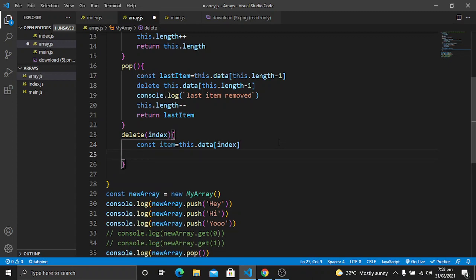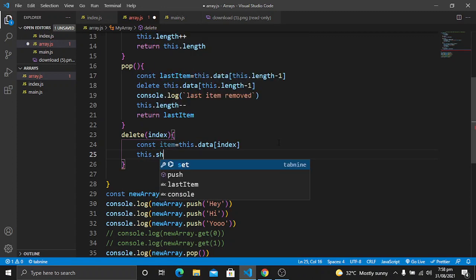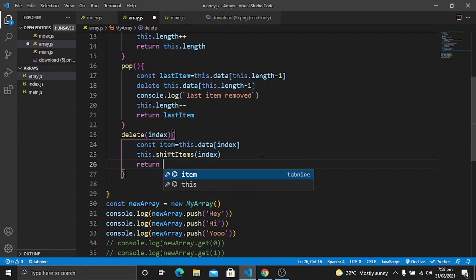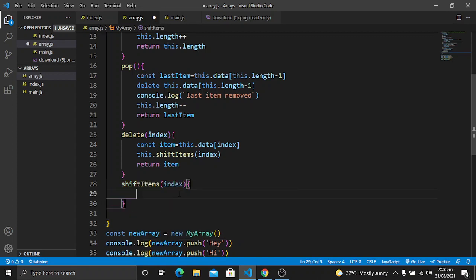Now I want to create a new method, this.shiftItems, and we will pass index as a parameter, and what we want to return from this function is the item that has been deleted. So let's create this shiftItems function here.